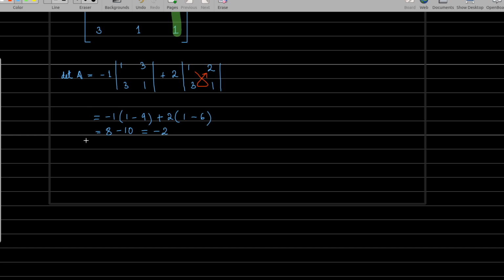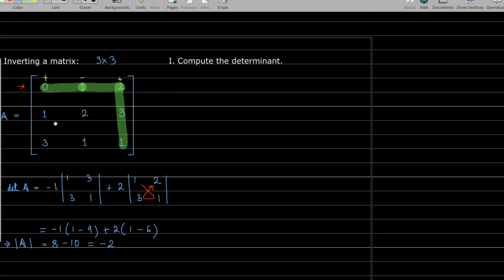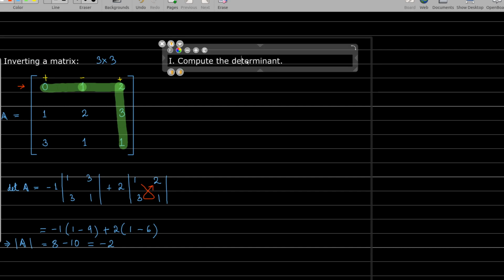So the determinant of A, you could also write it this way, is equal to minus 2. So the first step is to compute the determinant. Once you have computed the determinant, we can go to the next step. What is the next step? The next step is